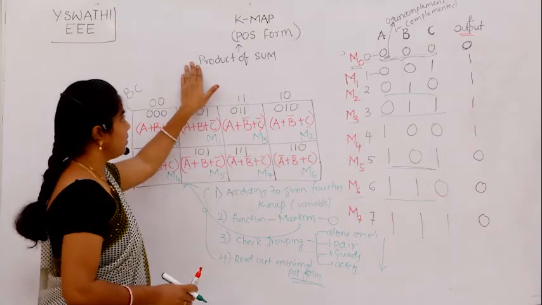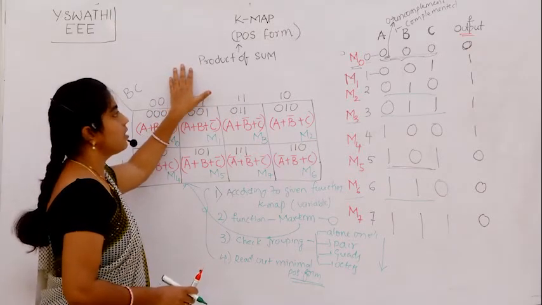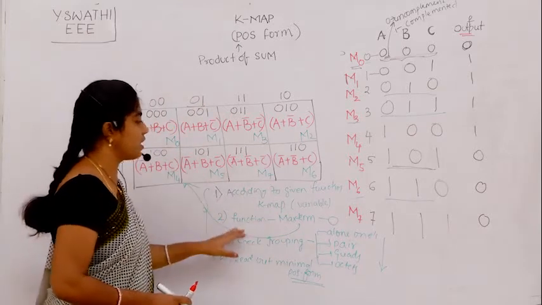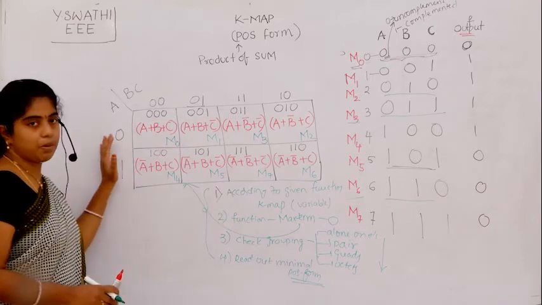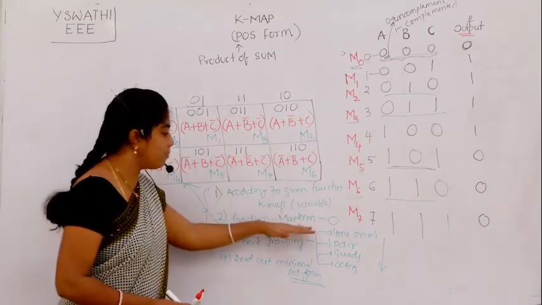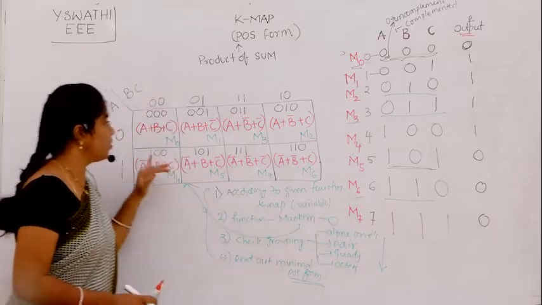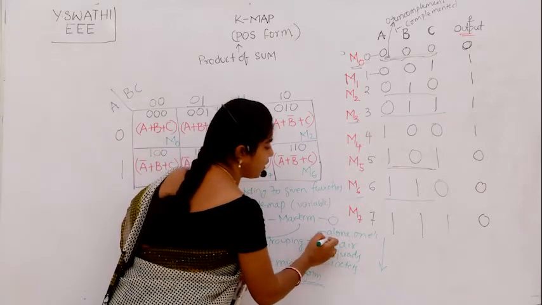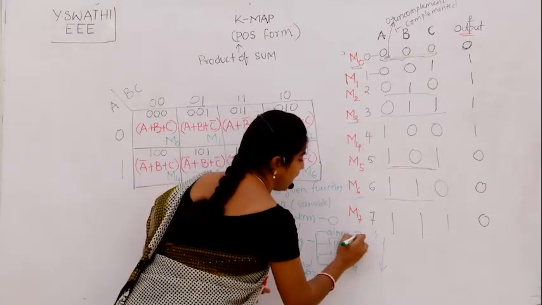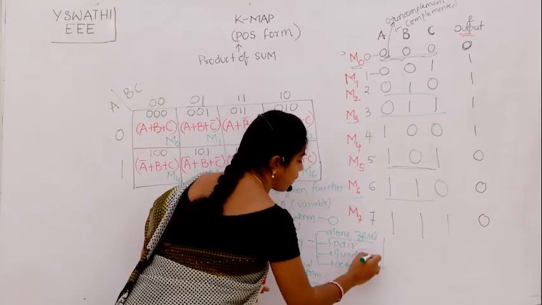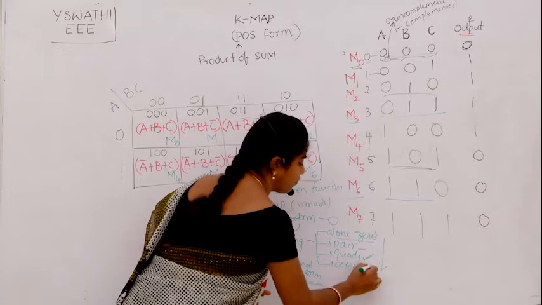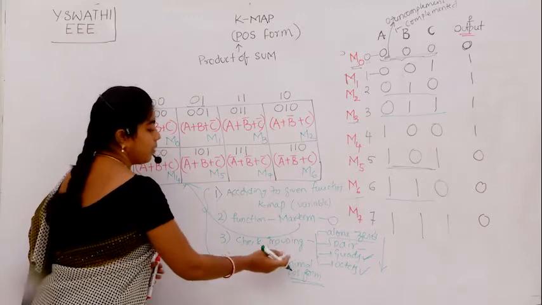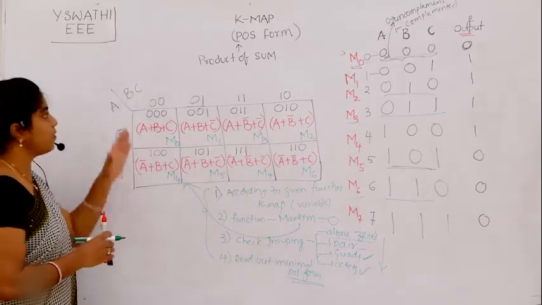The one thing which is changed is, in SOP form we put the min terms present in the function as 1 in the K-map. But in POS form, the given max terms in the function we should represent with zeros. So while checking the grouping, you should check for alone zeros, then pairs of zeros, and then groups of quads and groups of octets. We should check in this manner for grouping of zeros, not ones, in the POS form.